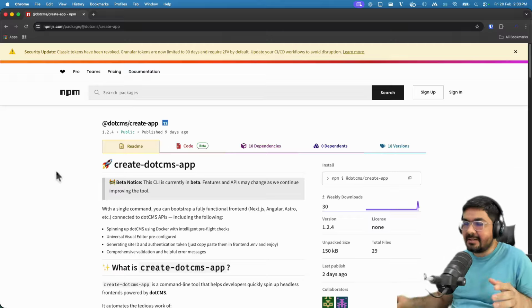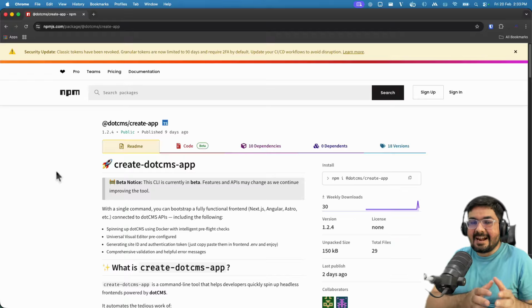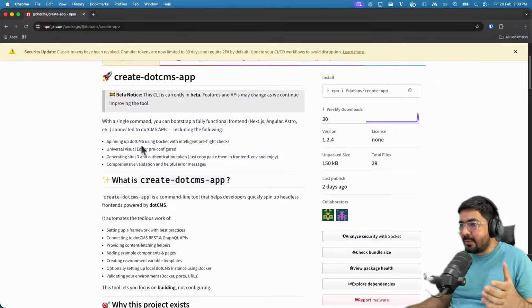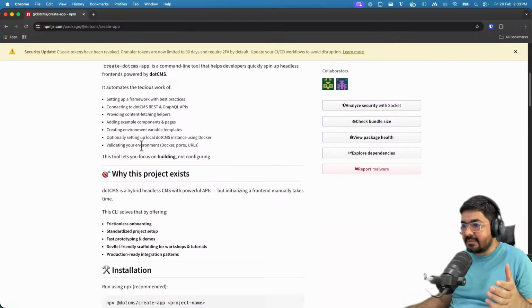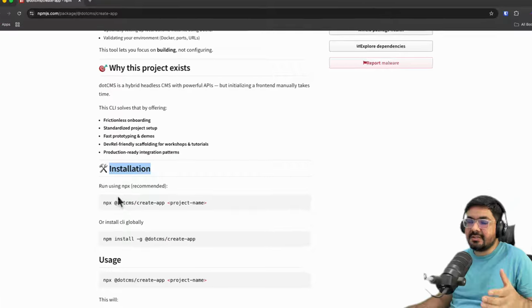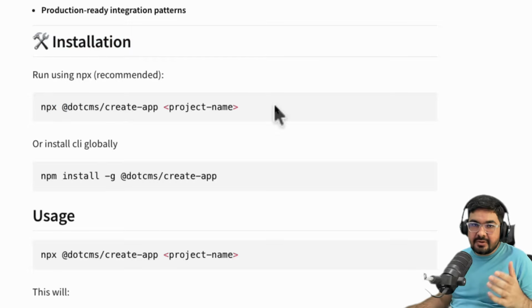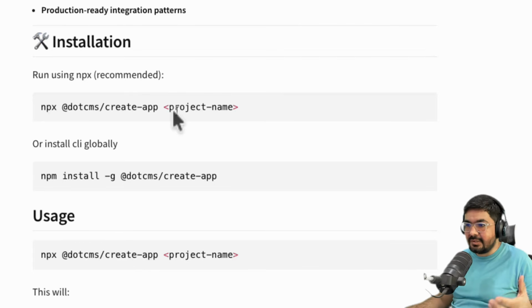You just have to run it and it will go and create a headless project using your front-end framework with .cms. You can read further about this CLI right over here, but I will go straight to the installation section, and over here you can see that the recommended way for running the CLI is using npx. So without wasting our time, let's jump to the terminal and create our very first headless project using this CLI